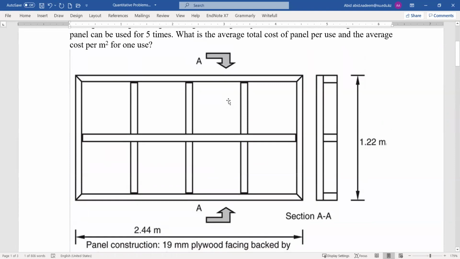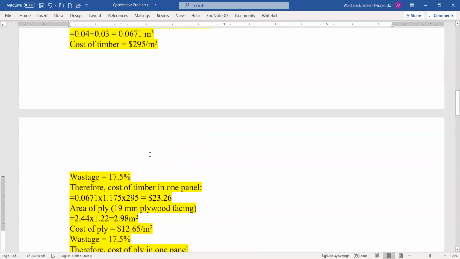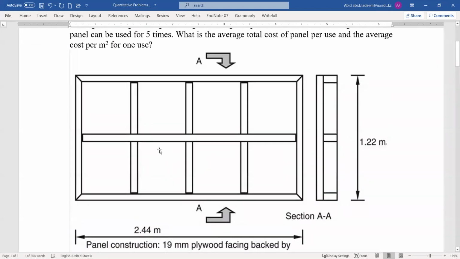In this case, what I want to say is that the overall idea for the material cost is that we calculate the quantity of the material, and then we multiply by the unit rate of the material. And then if there are any wastage allowances, we also add the wastage allowances. So this is what we have done over here. Okay, so after the material cost, we need to calculate the